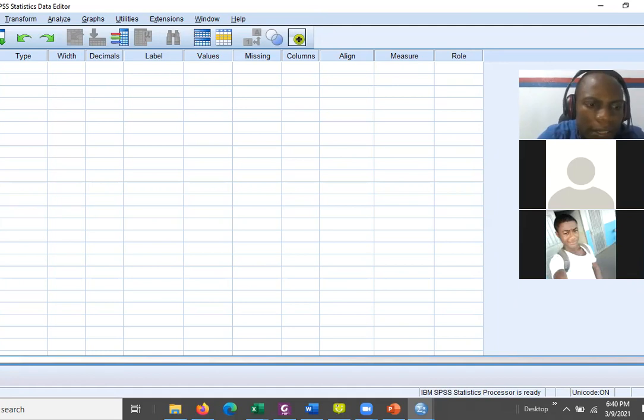Each variable has different properties it can take: name, type, width, decimals, label, values, missing, columns, align, measure, and role. These help us define certain parameters about whatever variable we're dealing with. So this is where you give the attributes of your variable. For instance,